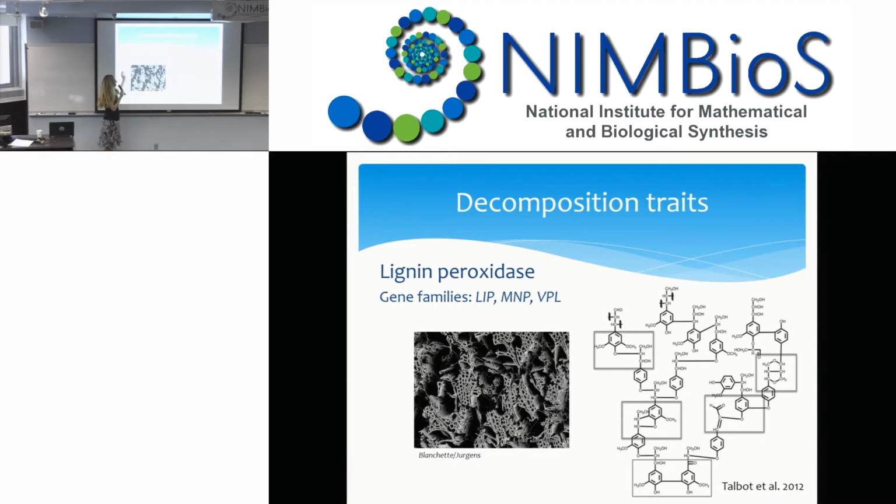Right. So if fungi are able to release enzymes that break down the lignin, as you can see here, then that releases the other compounds in the litter for the fungi to use. So they might break into this cell here and take up the sugars and the cellulose and so forth. So this one particular trait, the ability to produce these extracellular enzymes, lignin peroxidases, can be very important for controlling decomposition rates in the ecosystem.